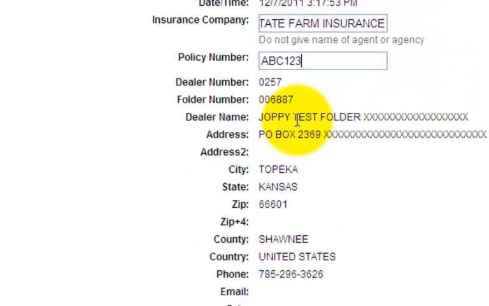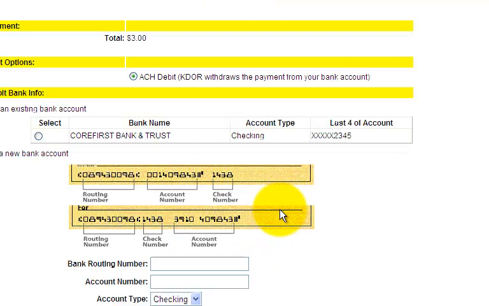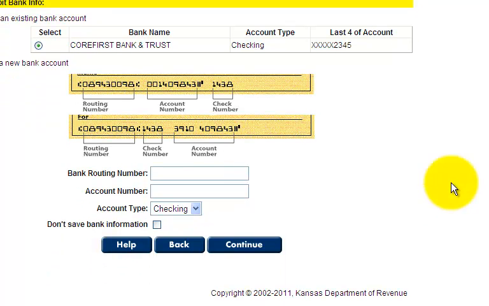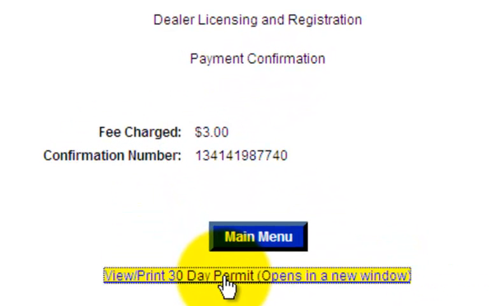Okay, and this is information about who my dealership is. So obviously I'm using test data for today. Next I'll click on Create the 30-day permit. It takes me to my payment piece. I'm going to select the account I would like to pay from. Click Continue. I get a payment confirmation with a confirmation number, and then here's my link to open the 30-day